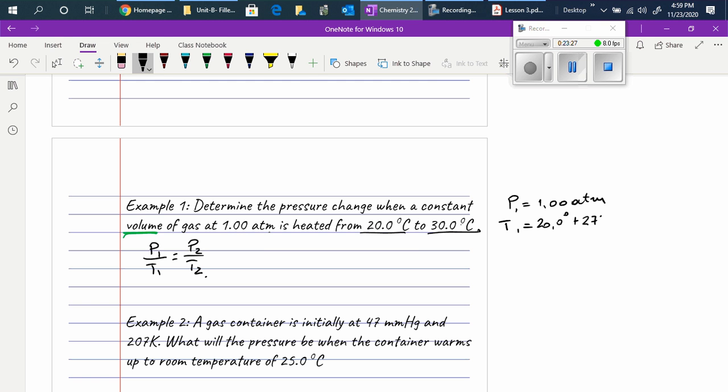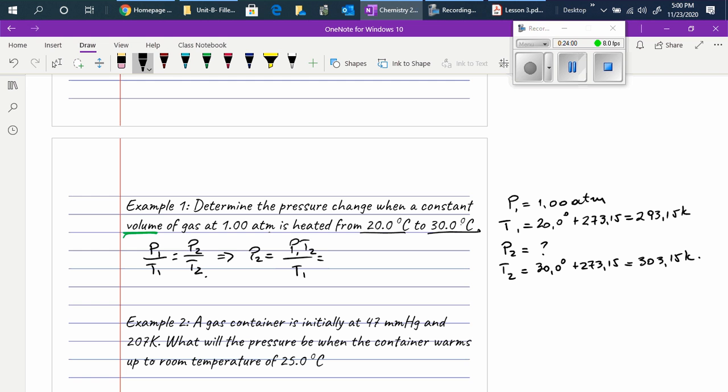When we convert it into Kelvin, it will be 293.15 Kelvin. And P2 is unknown, and T2 will be 30 degrees Celsius, so 30 plus 273.15 will be 303.15 Kelvin. So now what we are looking for is P2. Then P2 will be P1 T2 over T1. So this will be 1 atmosphere times 303.15 Kelvin over 293.15 Kelvin. So Kelvin and Kelvin cancel out, and P2 will be